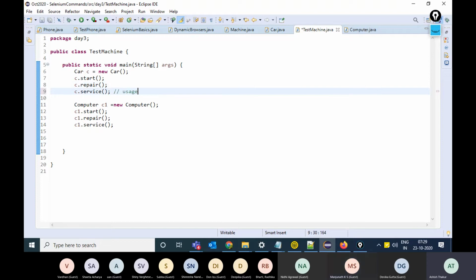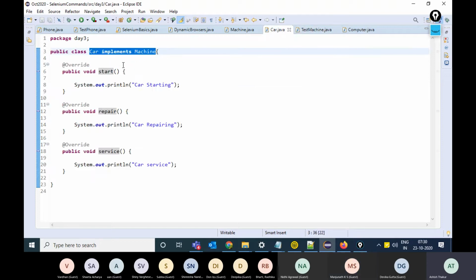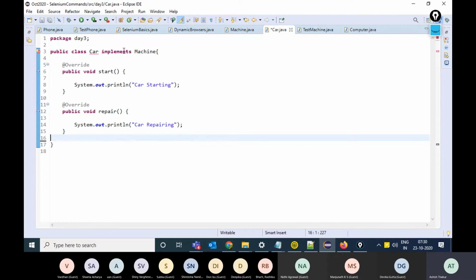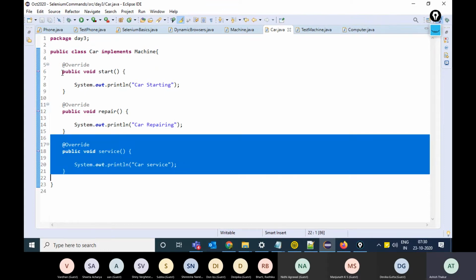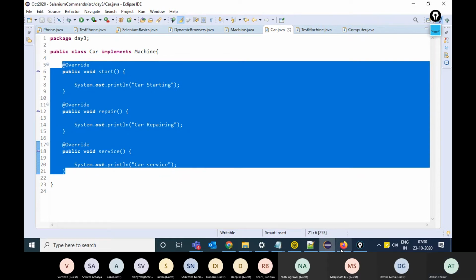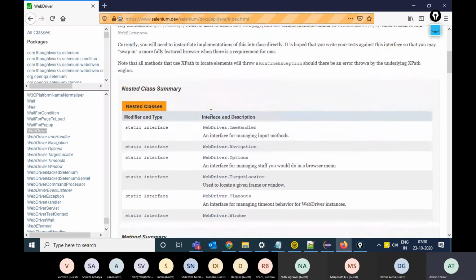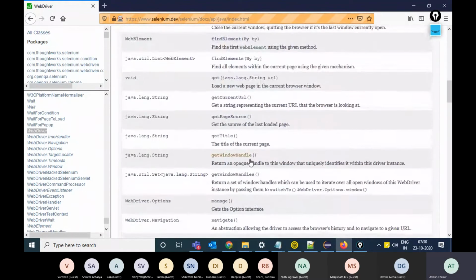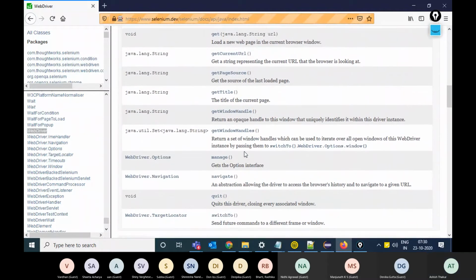This is usage. If the car class is implementing the machine interface, it has to give a body to all the methods in the interface machine. It has to implement all of them. Internally, if Chrome driver is implementing the WebDriver interface, then whatever functions are there in the WebDriver interface have already been implemented by Chrome driver.